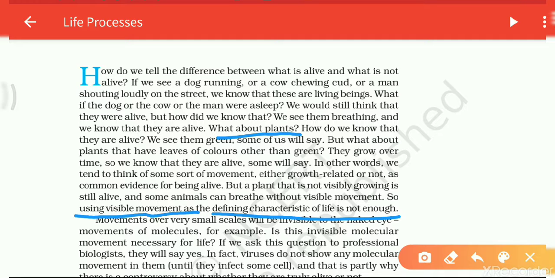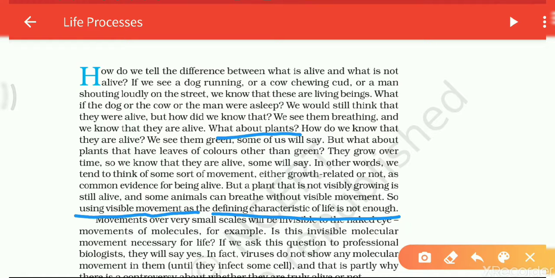No, students, plants can show movement of the parts of their body such as the leaves, flowers, shoots and roots. If the plants move towards a stimulus such as sunlight, gravity or water, and so on, then on the basis of this we can say that the plant is alive. Okay, so these are the points on the basis of which we can say that the plant is alive.